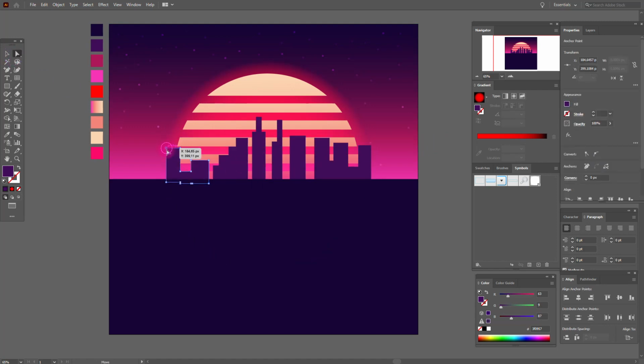Select this point and down. Now this point and down. This point up. Okay, now here this point down. Add an anchor point here and move up like this. Good job. Now select the rectangle tool and let's add some elements